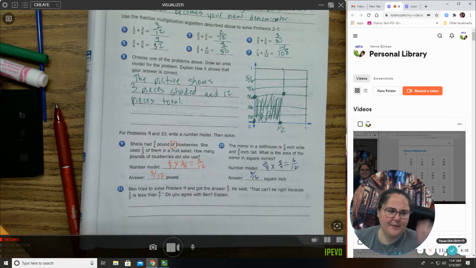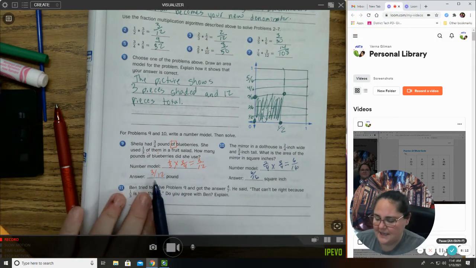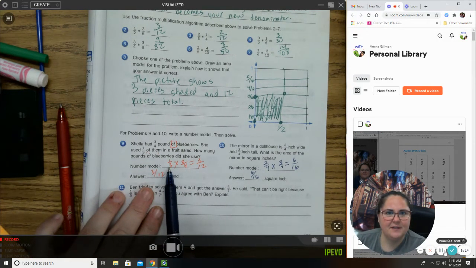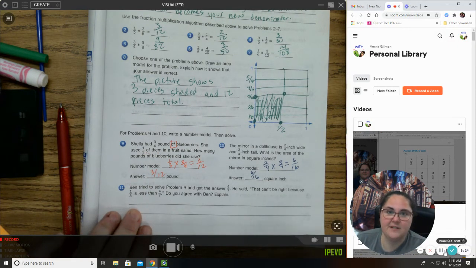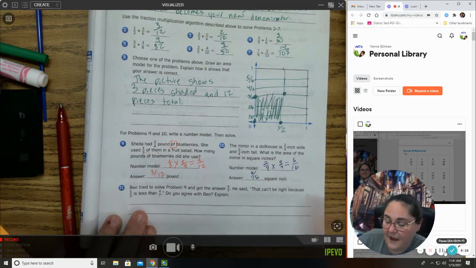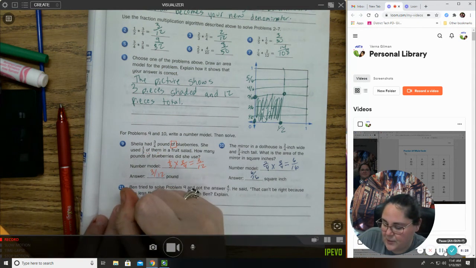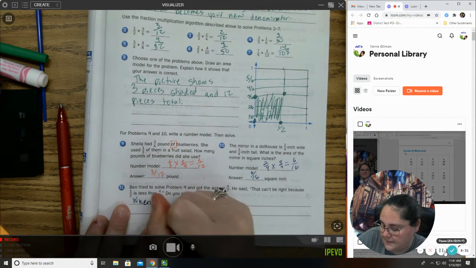He said that can't be right because 1/3 is less than 4/7. So his reasoning is a little different for me. The reason why he said 1/3 is because that's kind of where he starts. And his reasoning is, like I said, just a little bit off. I agree with him that it's not right because we know it's not right. We did the math. But the other reason why I agree with him is because when you multiply